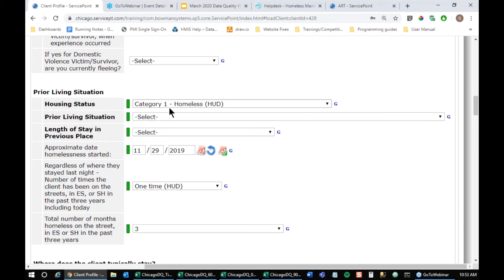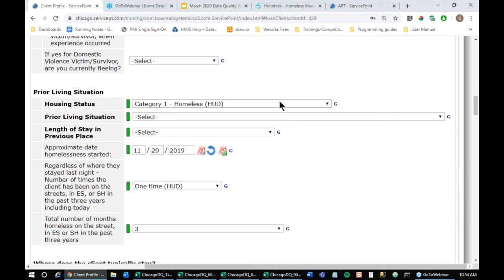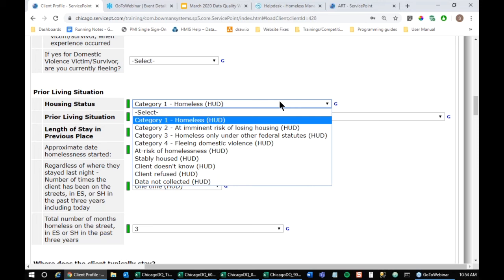So we go back to entry exit, and let's open up our client at entry. And if we scroll down, let's look here. So this client's missing their primary race. And if we answer that, that would clear that up. And then here is a particularly severe issue that you may encounter sometimes. So notice here, housing status, we have category 1 homeless, but no prior living situation,